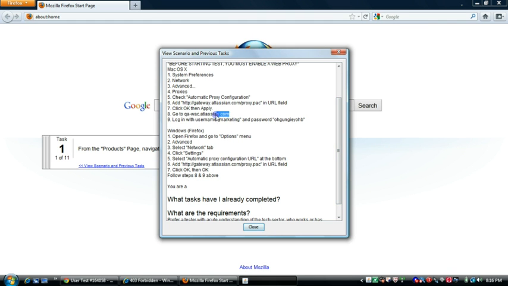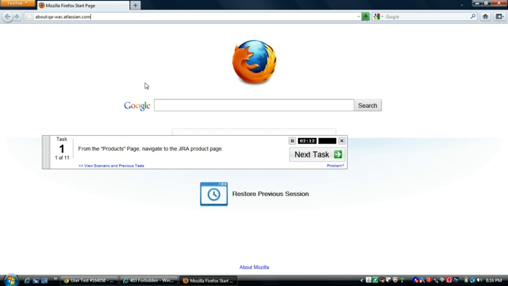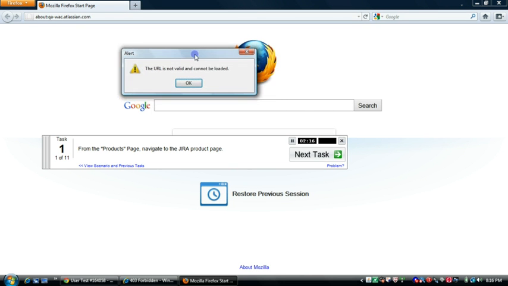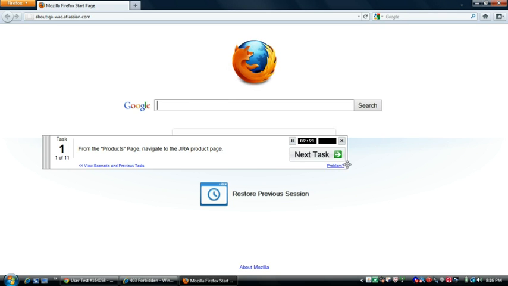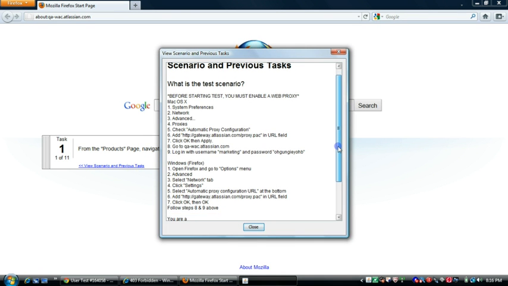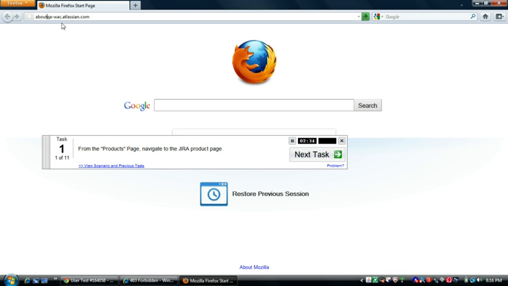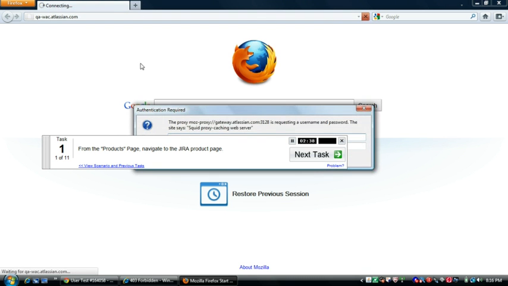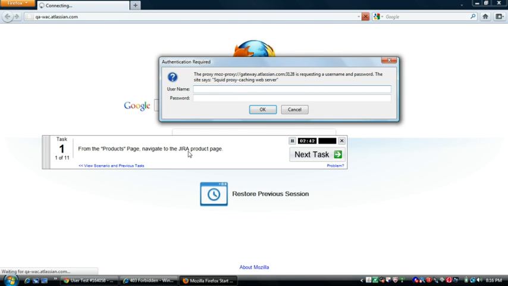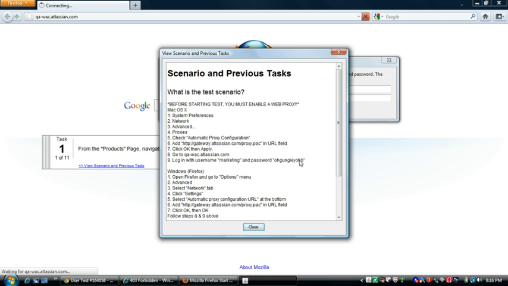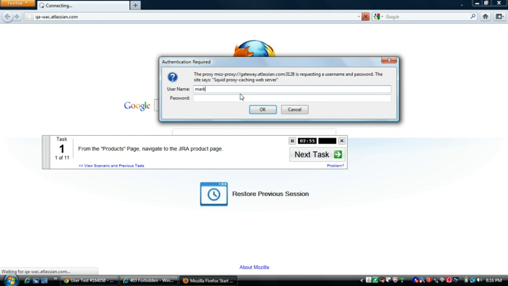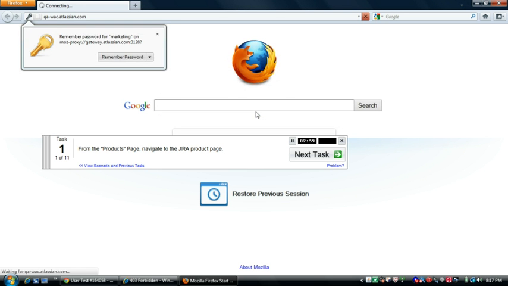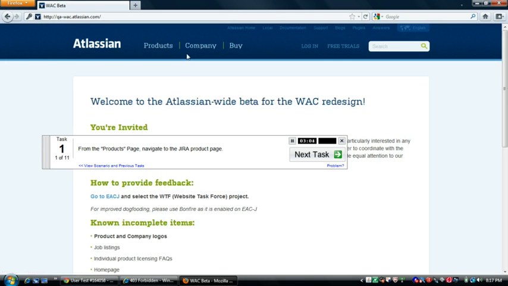And then I have to go to this website. The URL is not valid and cannot be loaded. Okay, so I will again check. So probably I have to remove this. Yes, so it is asking for a username and password. I have to give username marketing and the password is this one. So username is marketing, password, and I say okay. Yes, so now I am into the website,